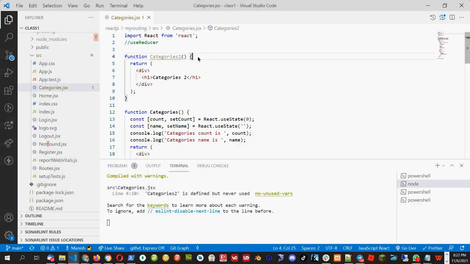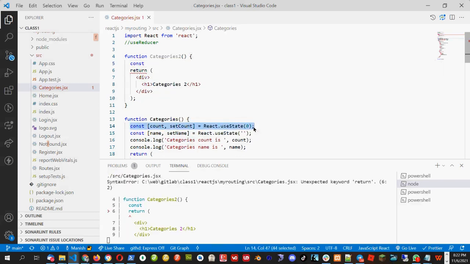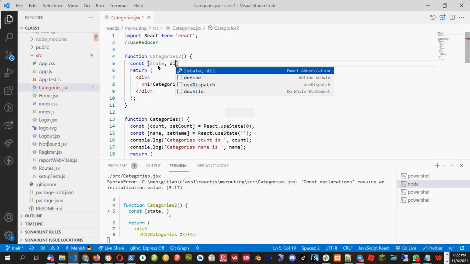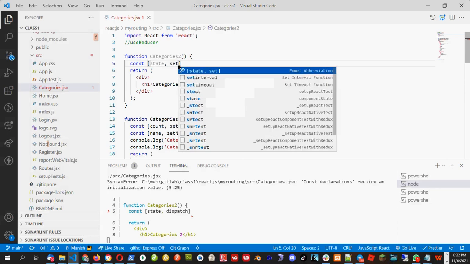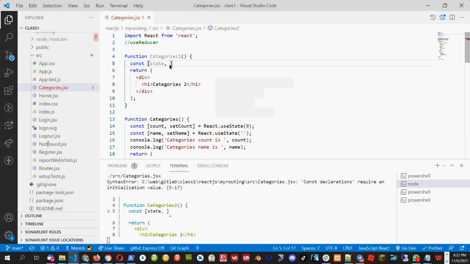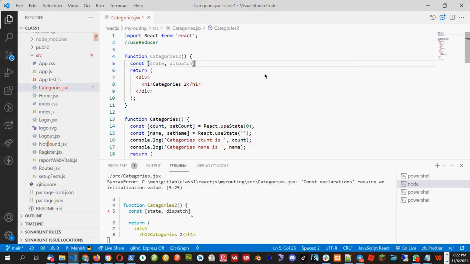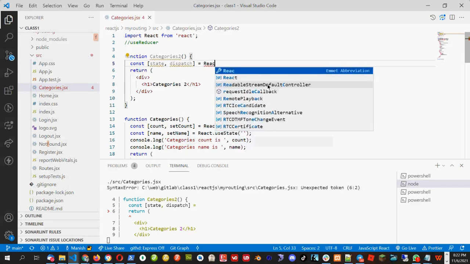So to use the reducer, I will write it like we use the state variable. Here I will use the state variable like state and dispatch. The second parameter is dispatch. So remember, it is state and dispatch, not setState. We have seen setState, but in this case it will be dispatch. And how dispatch is used, I will explain to you in a minute. So I will say state, dispatch, and here I will say